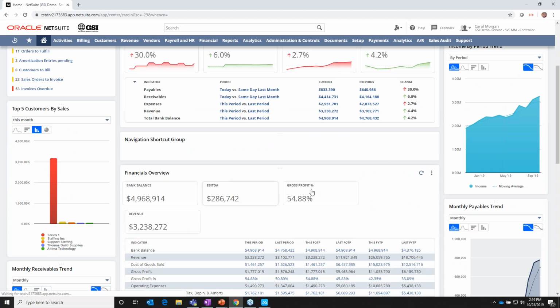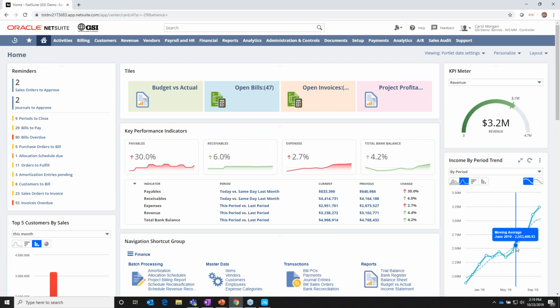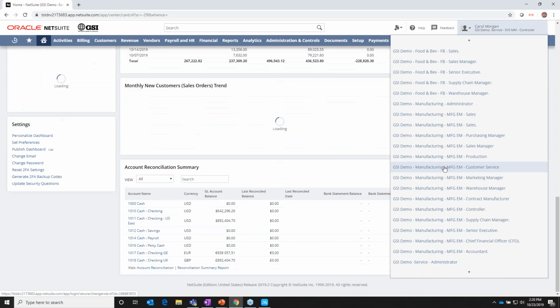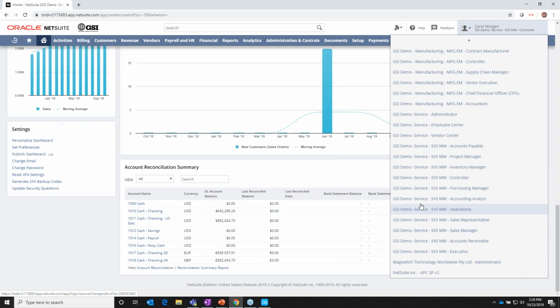How's EBITDA doing this year? How is my income per period doing against a moving average? All of this is going to be specified to you and your role, and beyond that, you as an individual NetSuite user have the capability to customize this. So just as you get accustomed to NetSuite, this is a very powerful tool set to have your entire business